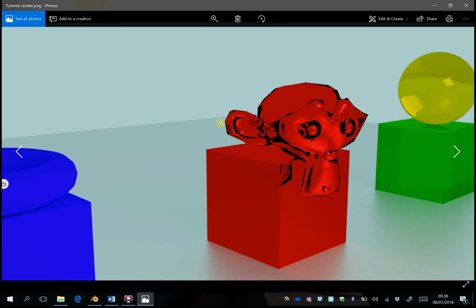So that is how you can get an image rendered out of Blender, how to use the camera, how to get inside it and move it around, and how to set up